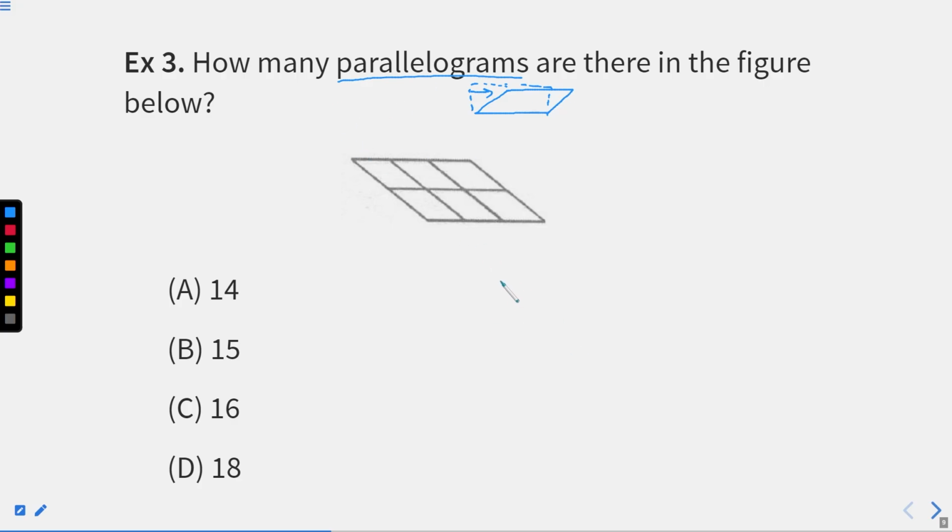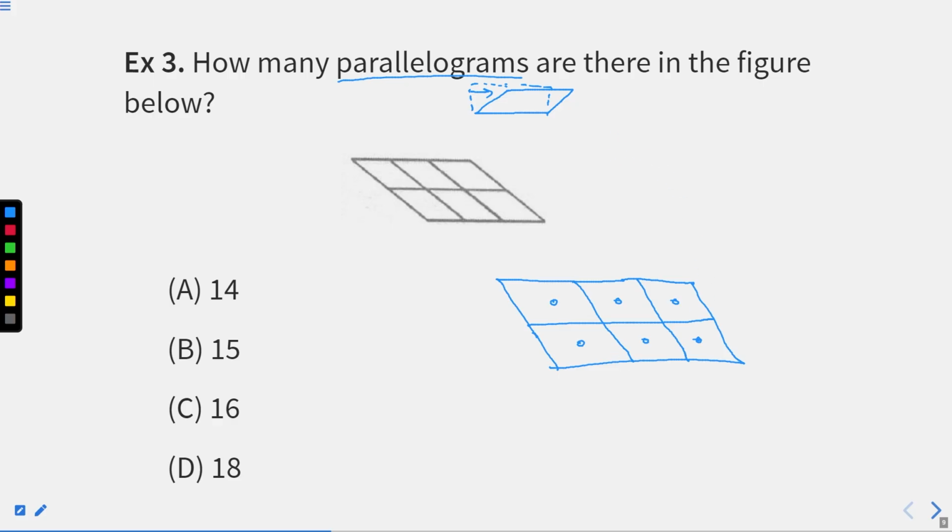What you are supposed to do? You are supposed to redraw this figure, right? I will do it once for you. Here you can see, I'll divide them as well into equal parts and here we get. Now what we need to do? We need to calculate the number of parallelograms. So how we can proceed with this? Okay, this is a parallelogram, this is a parallelogram, this is a parallelogram, this is also a parallelogram, this is also a parallelogram, this is also a parallelogram.